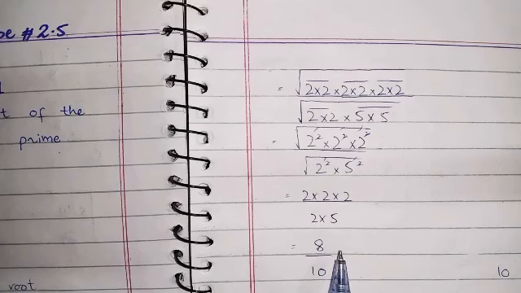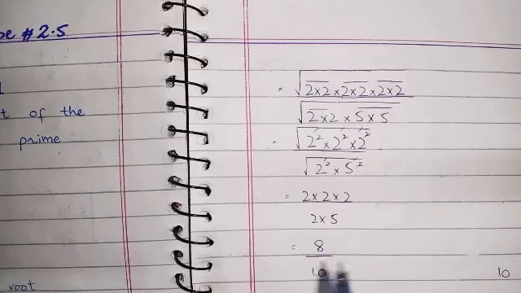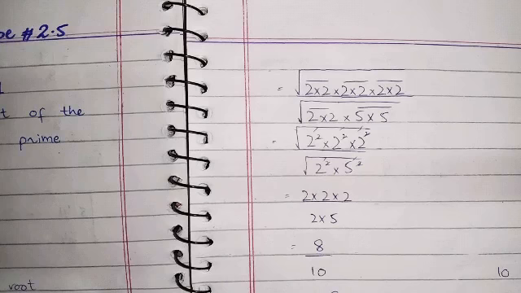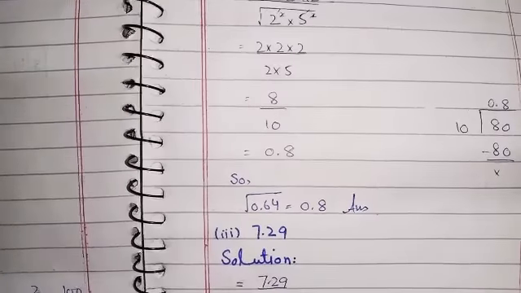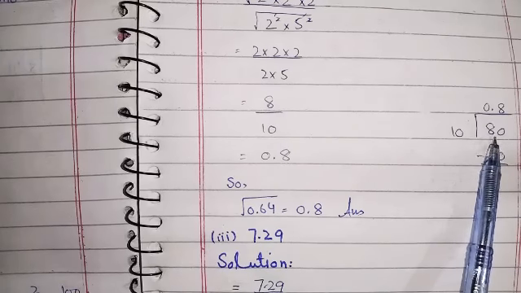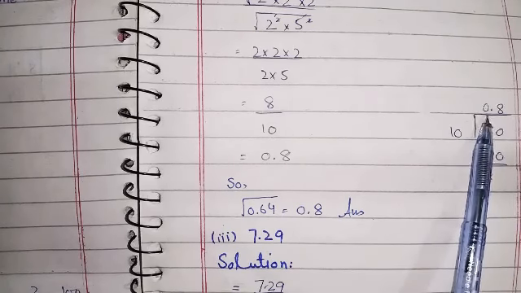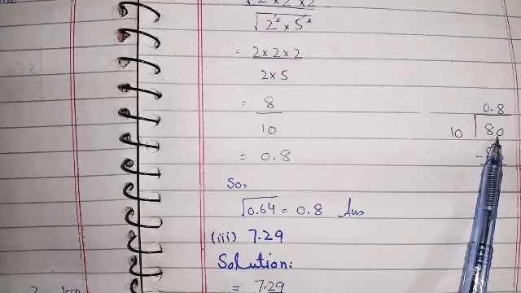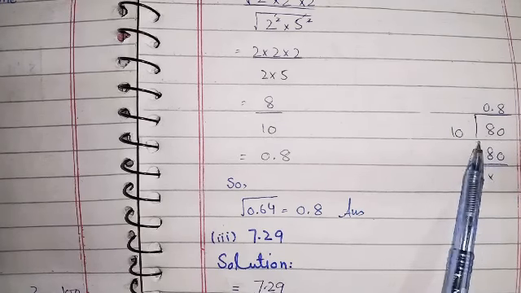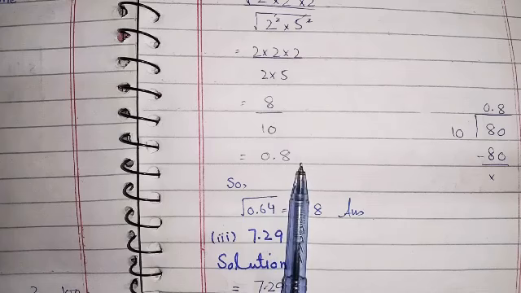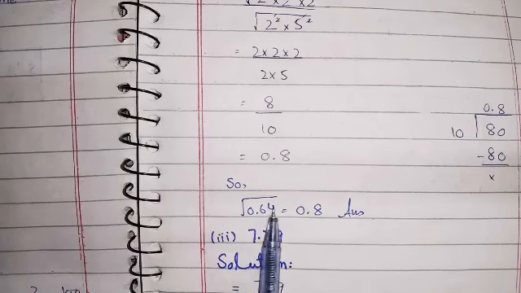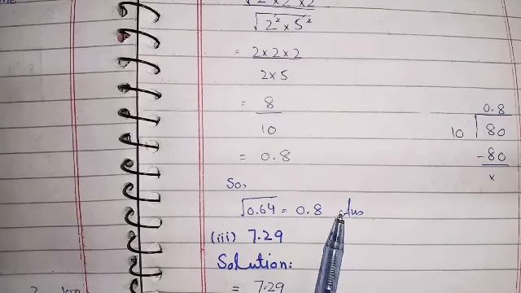As you can see students, as I told you in last lectures, in whichever form they ask the question, we have to answer in the same form. This is our decimal question, so the answer will also be in decimal. So we will divide 8 by 10. Here is our division. As you can see, 8 is smaller than 10, so we will write a point in the quotient and 0 with the number. Here we get 80, then 10 8s are 80. After the subtraction we have nothing, so we will write 8 over 10 is equal to 0.8. So we will write square root of 0.64 is equal to 0.8, which is our answer.